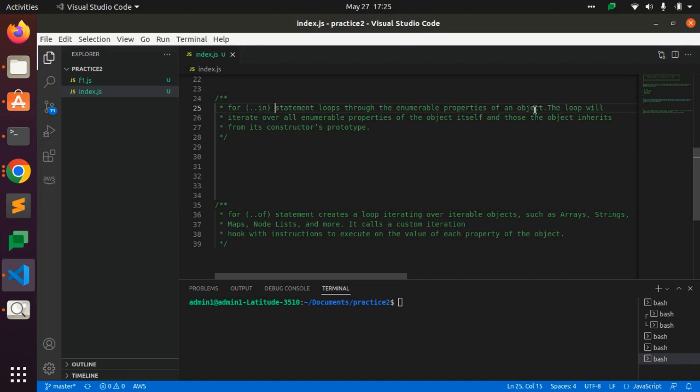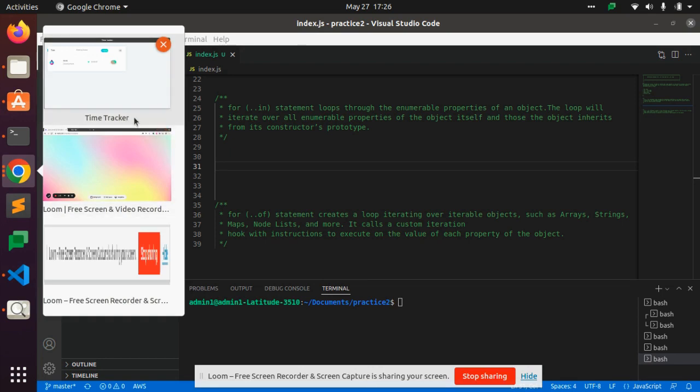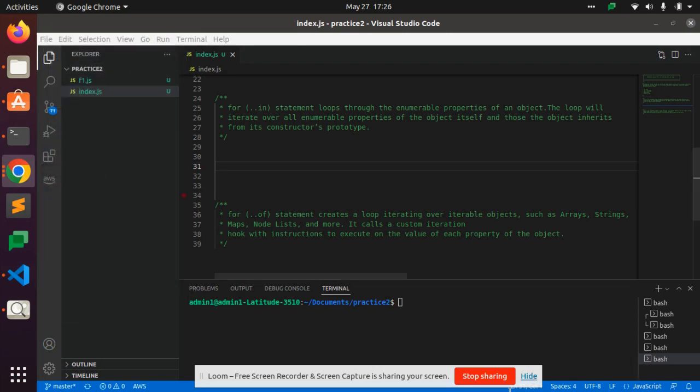So for in, according to the definition, the for in statement loops through the enumerable properties of an object. And what are the enumerable properties of an object? How can we define whether a property is enumerable or not? For defining which is the enumerable property and which is not,